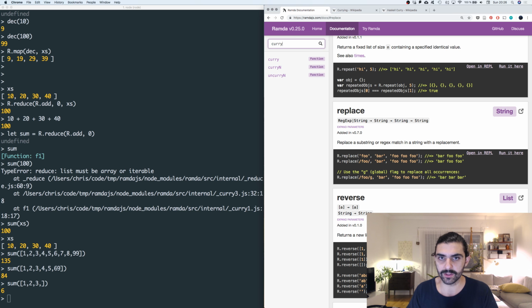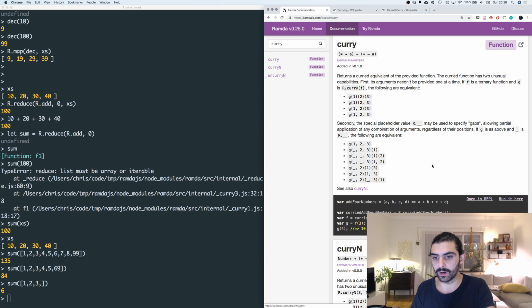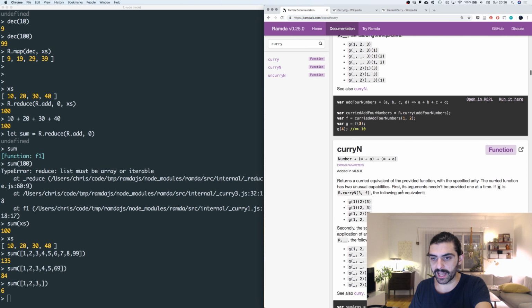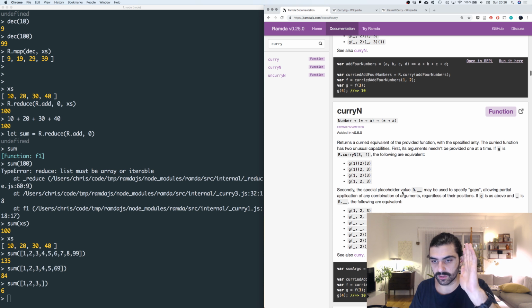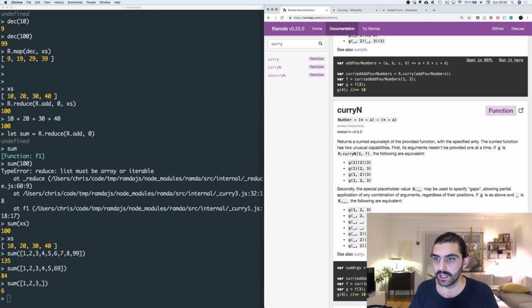So we were talking about currying. I've talked about curry and R.curryN before, right? I've talked about another function where they had something and then something n. Let me say super quickly, R.curryN returns a curried equivalent of the provided function with the specified arity. So the point is that if you have a variadic function, it's